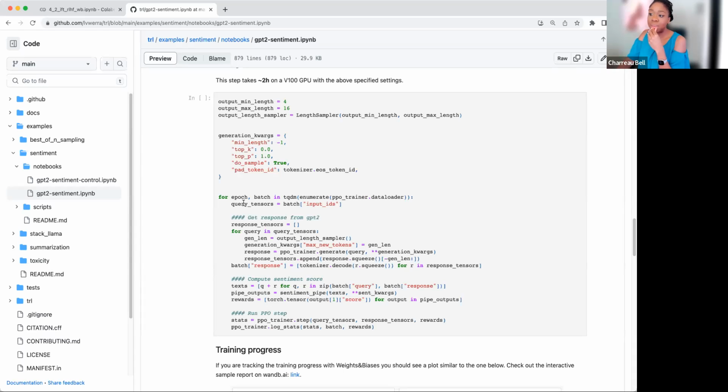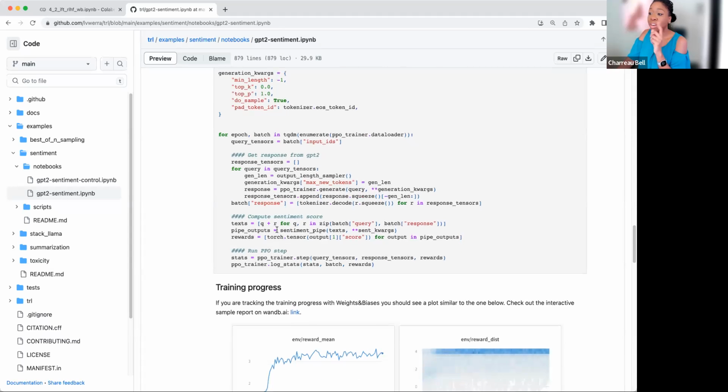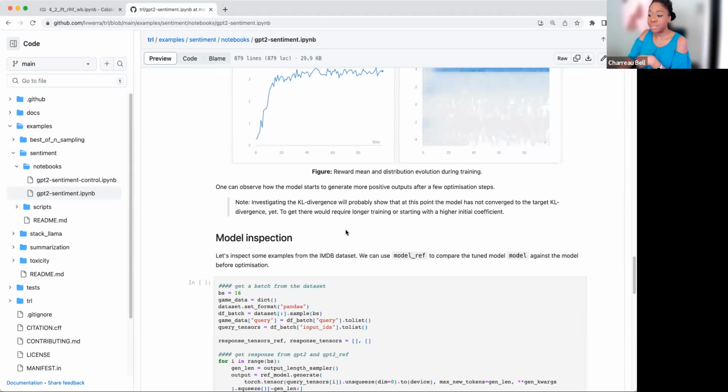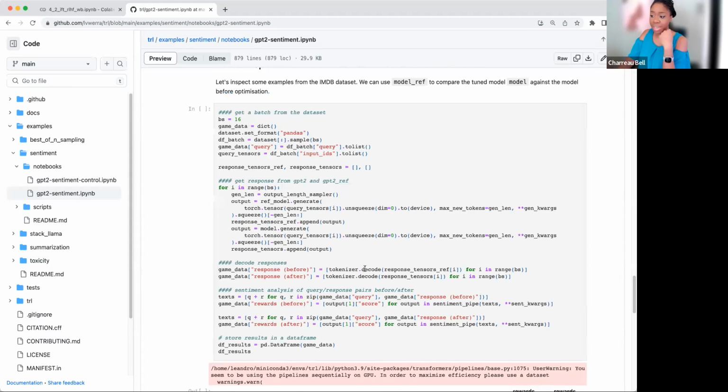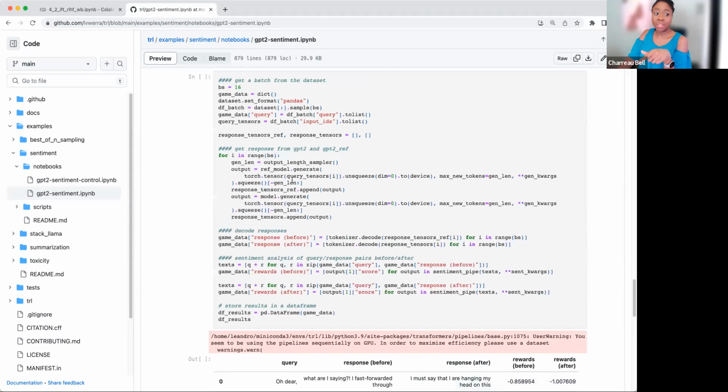Essentially, it's going to be generating this response, it's going to be comparing them together, and then it's going to be generating the reward, then doing the step. And so this is what this actual part is doing. If you want to look more into it or try to understand it a little bit better, GPT-4 can help you out a lot. Also, a debugger can also help you if you want to look at that. And so here you can look a little bit more through this, but these are also great ways to look into the data set. This is a great way to understand how your model is changing, right?